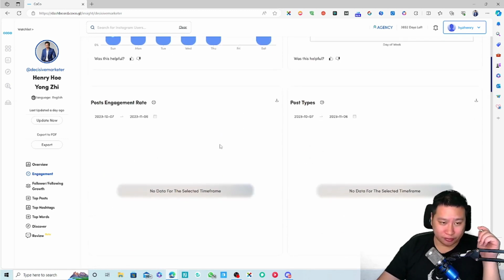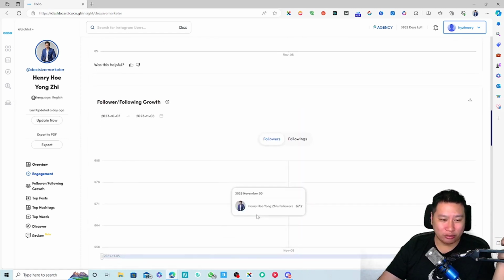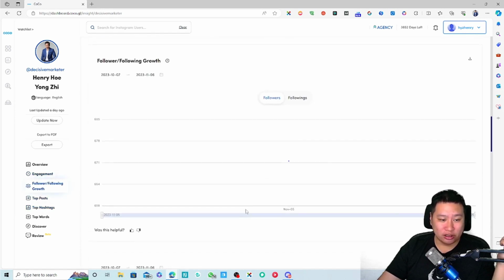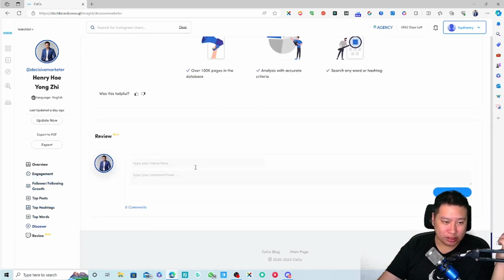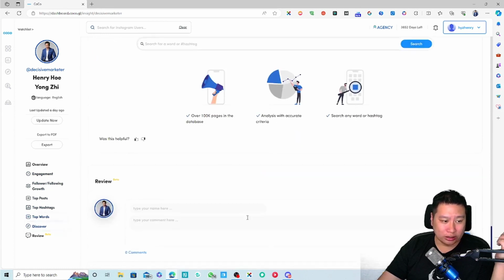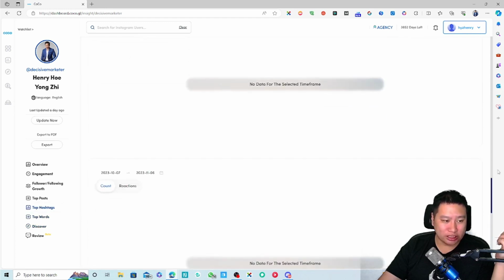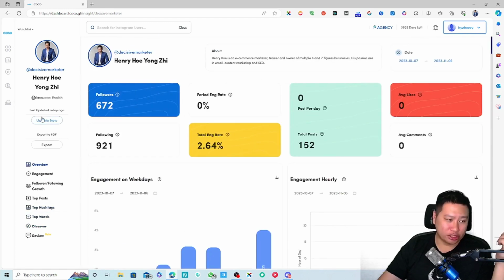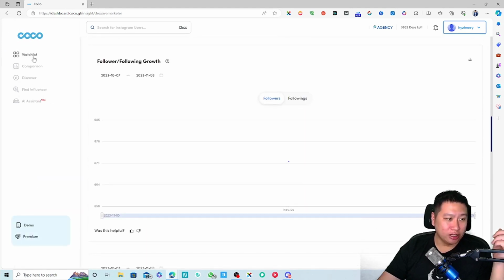Make your content. Of course, if you're more active, there'll be some data in here as well, which I don't really have. And of course, you can look at the follower and following growth right here, which I think is very, very helpful. And I think you can leave certain comments on the particular profile itself, so it's kind of like taking notes right there, right? And then of course, these are the same. So that's the watch list.